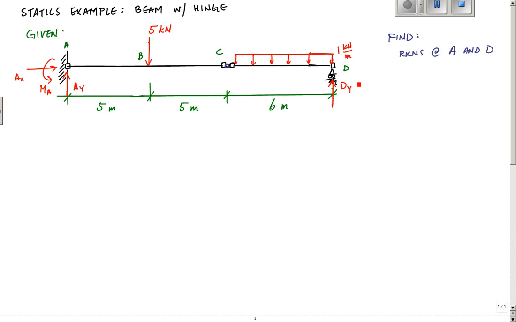Okay, and using three equations and three unknowns, your three equations, the sum of the forces in X, the sum of the forces in Y, and the sum of your moments on this whole structure, you can't solve for it. Okay, so what you want to do